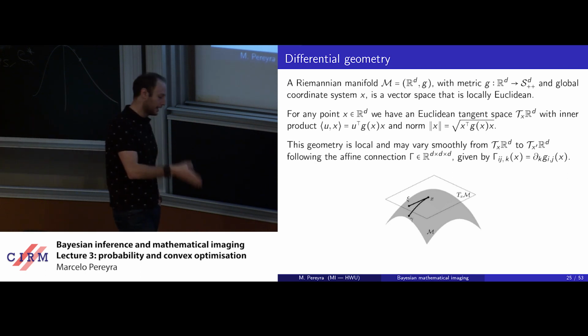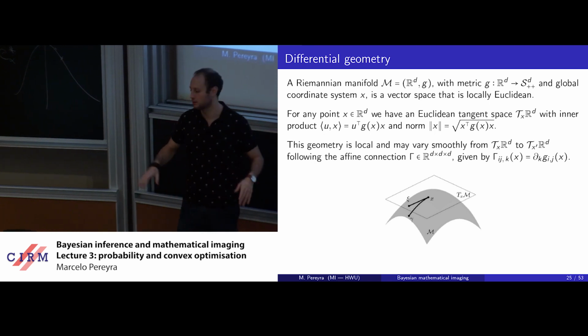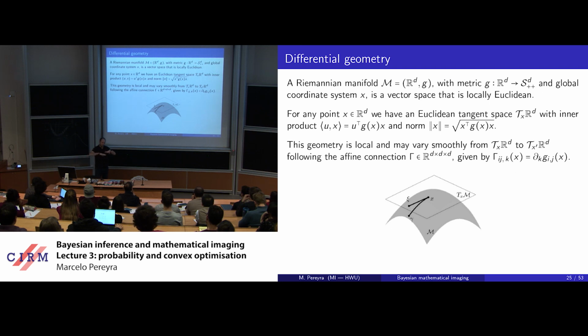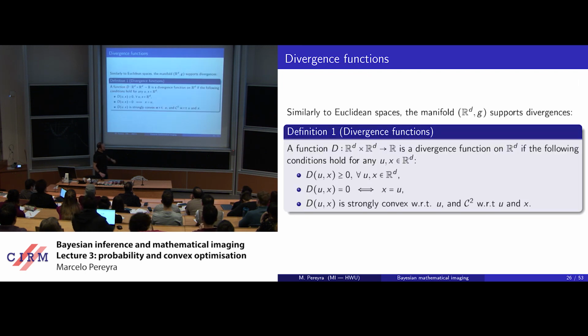So at each point x, you are locally Euclidean. You can think that you have what we call a Euclidean tangent space. And around that point, things behave well, quite in a Euclidean way. And then when you move to another part of the space, again, locally, you're Euclidean. And it turns out that when you have a Riemannian manifold,